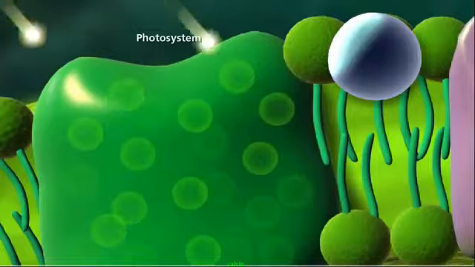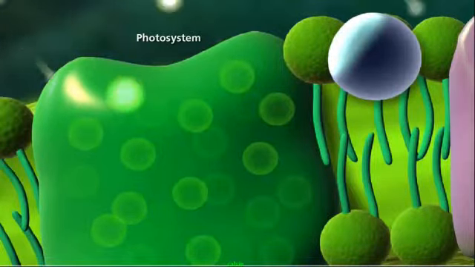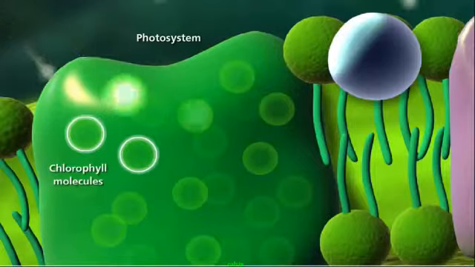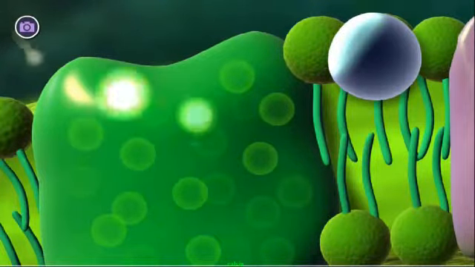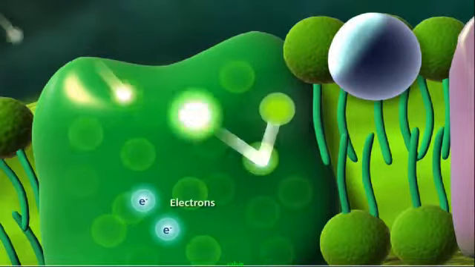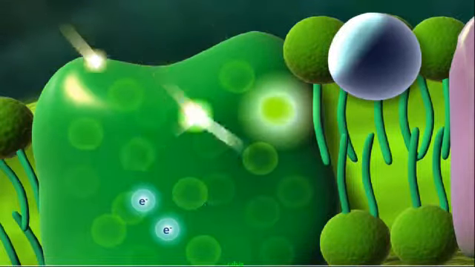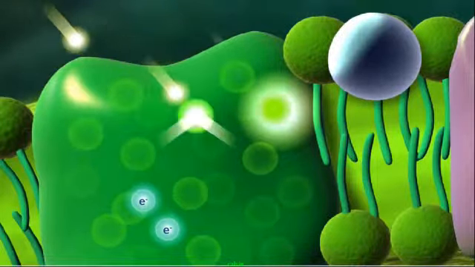The photosystems of the thylakoid consist of a network of accessory pigment molecules and chlorophyll, the molecules that absorb the photons of light. Within the pigment molecules, the absorbed light energy excites electrons to a higher state. Photosystems will channel the excitation energy gathered by the pigment molecules to a